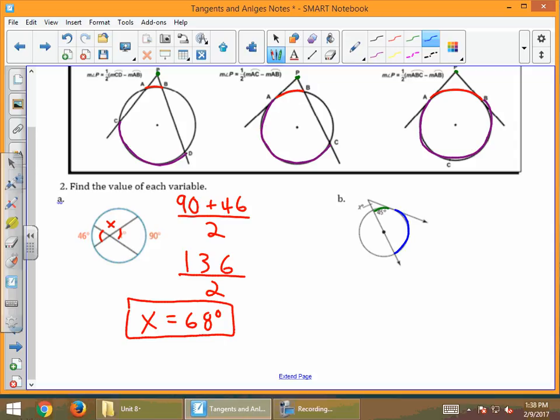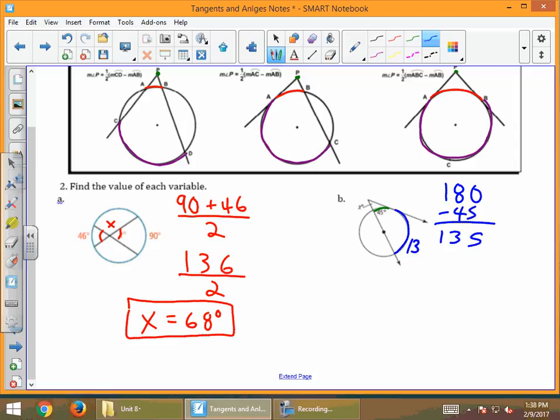On a straight line, you're on the right. You're talking about this line. It went through the middle, so it cut the circle in half. So this over here is a semicircle. The semicircle, of course, adds up to 180. So if I know the whole thing has to add up to 180, if I get rid of that piece that I already have, I'll have the unknown piece. So I'm going to do 180 minus 45. And that will tell me what it is in blue. 180 minus 45 is